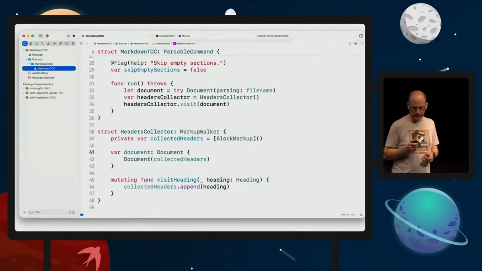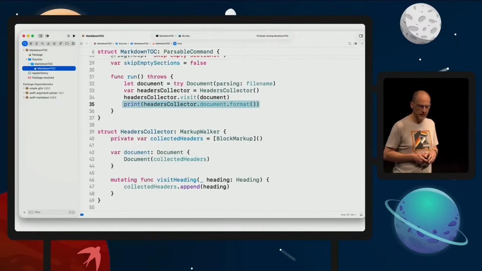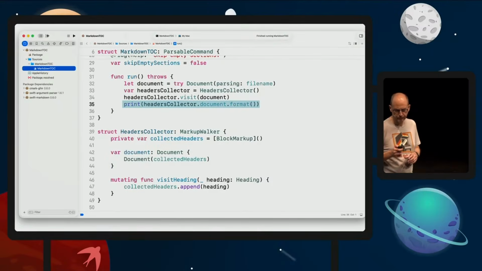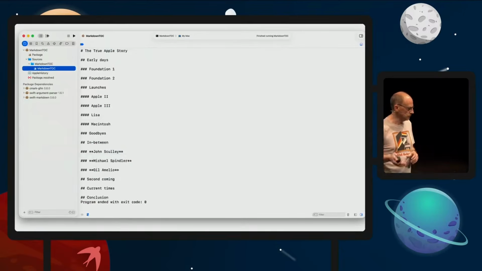Once we are done, we can construct a document object that is just using all the headings that we've collected, and we can use that to produce an output, formatting it with our different options in the package. And we can see that we had the full table of contents.